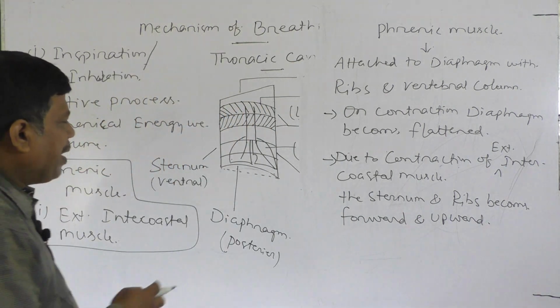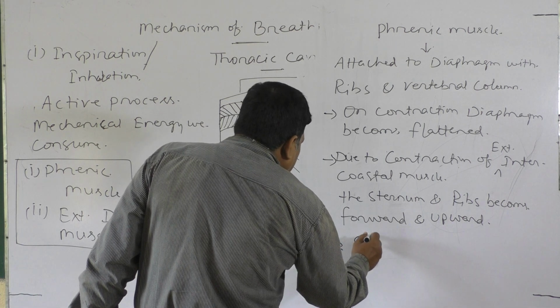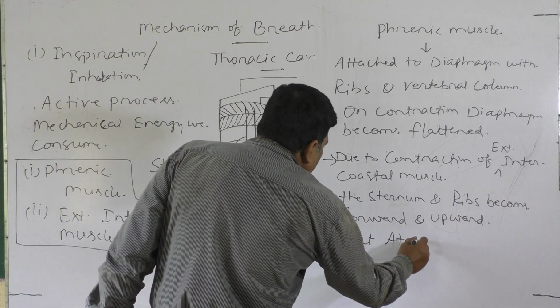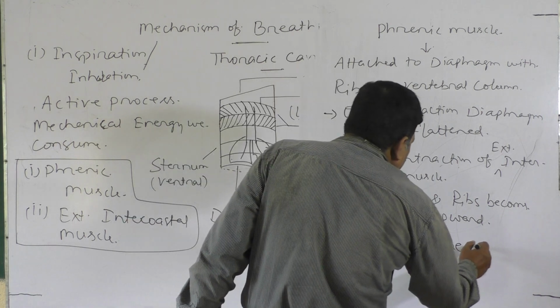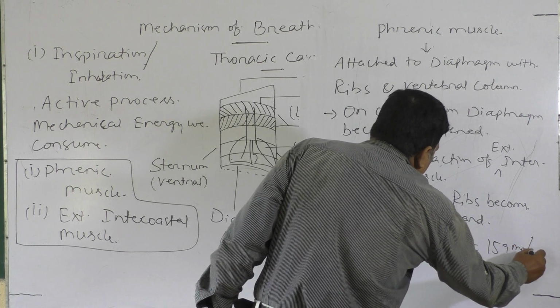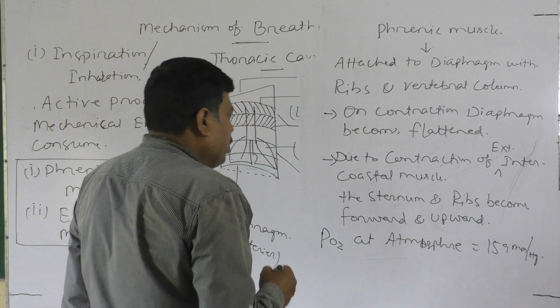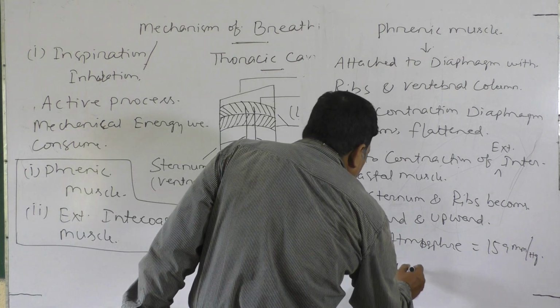That means partial pressure of oxygen at atmosphere is 159 mm of mercury, and partial pressure of oxygen at lungs it is at